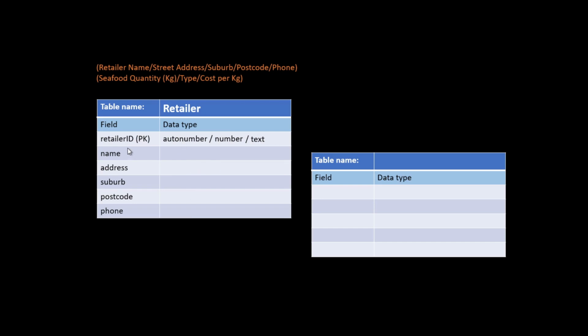So mind you, I've written down here the 3 different options divided by slashes, right? But remember, in the exam, you would have to only list one. So it can't be all 3. I'm just giving you an example to say it can be either one of these: auto number, number, or text. Name, obviously, will be text. Address, same thing, will be text,